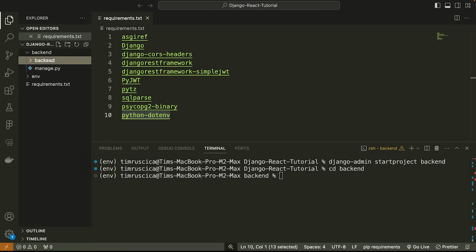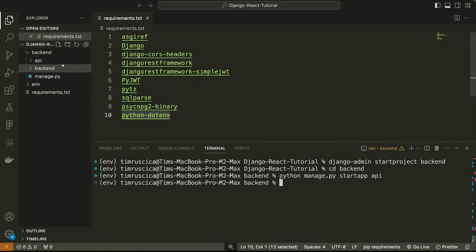Maybe we have an app for authentication for a certain component of our application. In this case, we just need a single app. So what we're going to do is type python manage.py startapp, and we're going to call this api. Okay, so that will make a new directory for us called api. Now that we've done that,